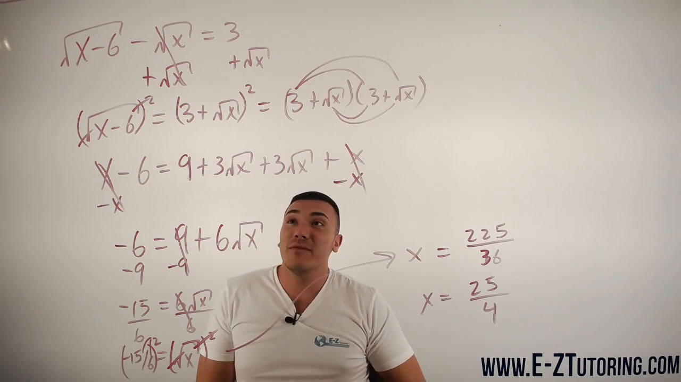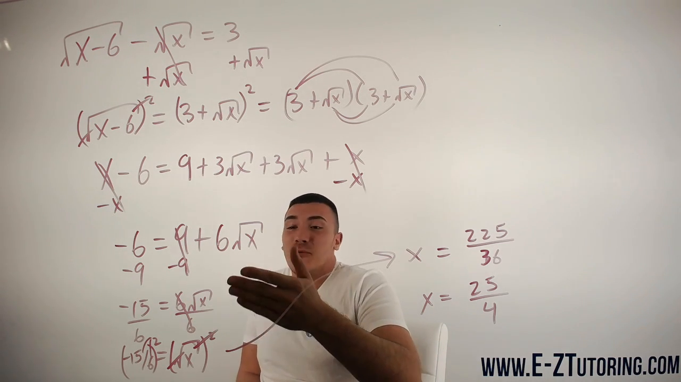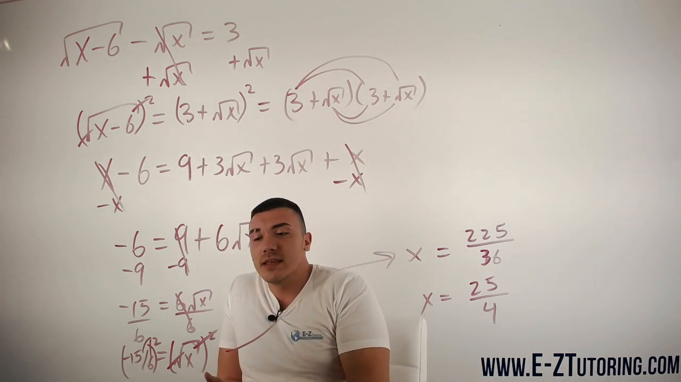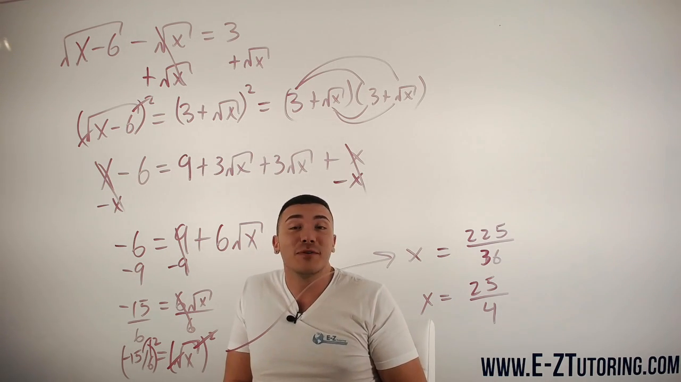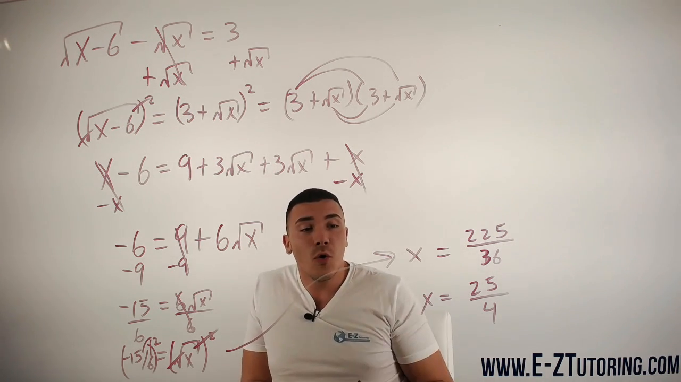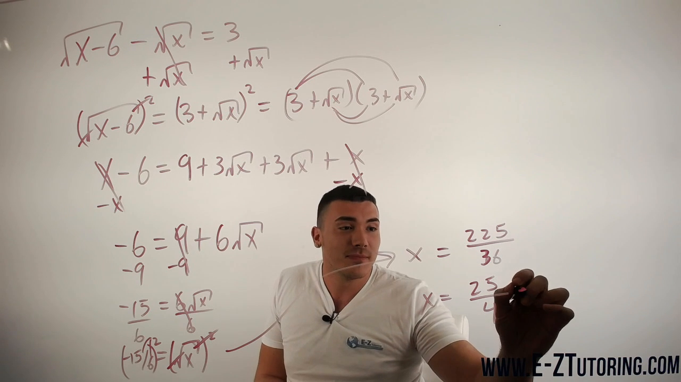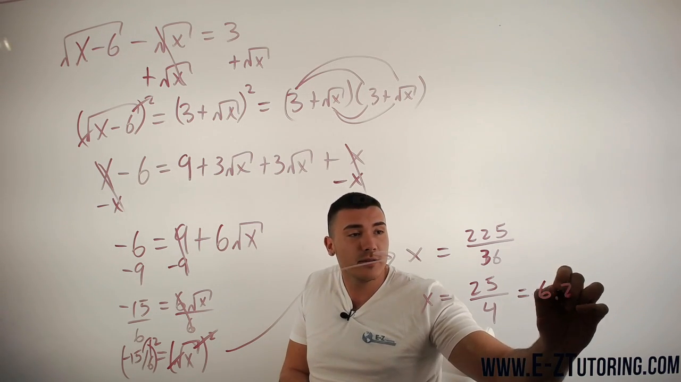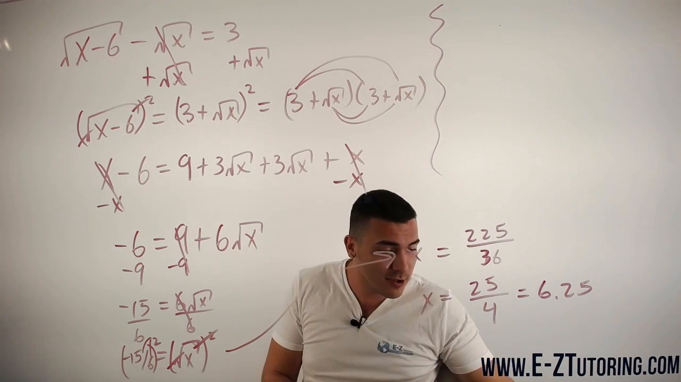Now, whenever you have equations with radicals, you're squaring radicals, and a radical could be equal to a plus or minus of a number. So whenever you're doing this, it is possible for you to get an extraneous solution, which means it's possible for you to get a solution that does not work. So I always recommend taking your solutions and plugging them into the original equation. 25 over 4 is really 6.25. So if we go ahead and plug that into the original equation,